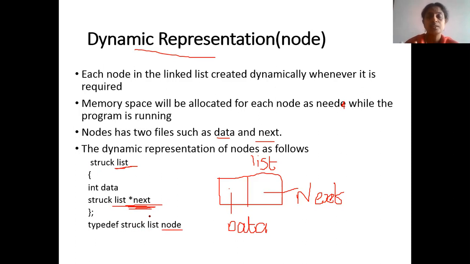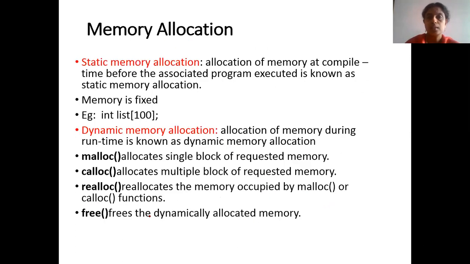So there are two ways to represent a linked list. One is using a stack. When we use a stack, the linked list can be defined only with a fixed limit. Whatever the array size is, based on that only we can do. Another is dynamic representation. Dynamic means it can be represented using a structure concept. In a structure, they will divide it into two parts: one is for data, another is for next. Dynamic means during runtime you can keep on storing the data.